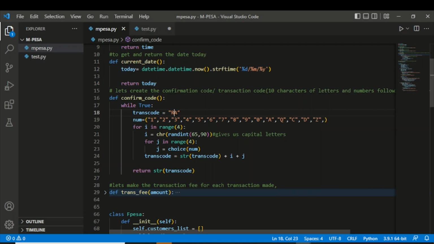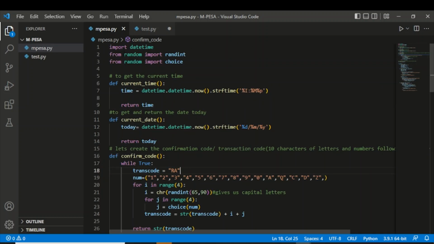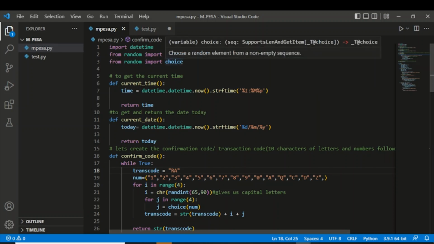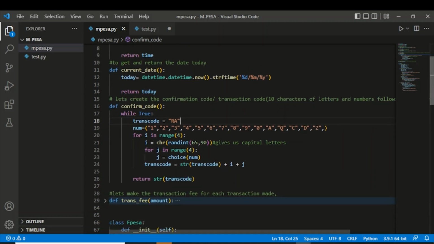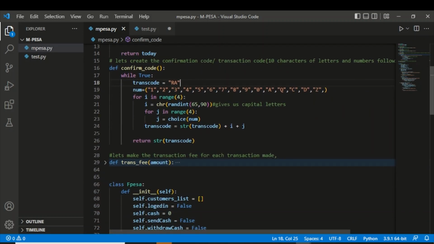But I just decided to use RA so that it becomes systematic, so that after every certain period I can just change this to RB, then the rest will be random. So for this we are going to use random. As you can see up here, we added from random import randint, or rand in, and from random again import choice, random.choice. So those are the two